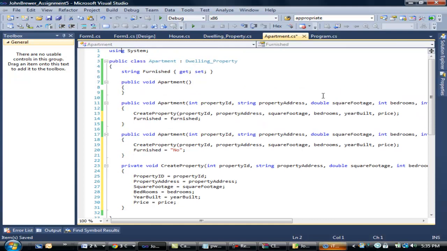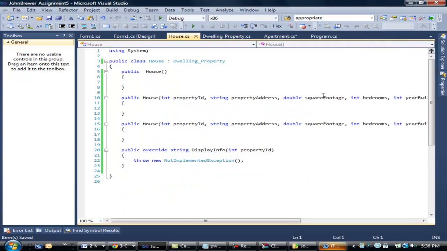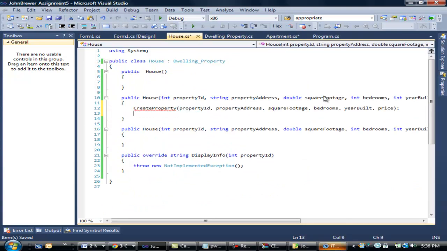Okay. So in apartment class, we are able to create that. Like if this particular create property, if you would have created it in the dwelling property, I can call the same create property in my houses also. Like this. You're putting it in the dwelling property so you can pass it down. Okay. So here I will say create property, and here I'll say